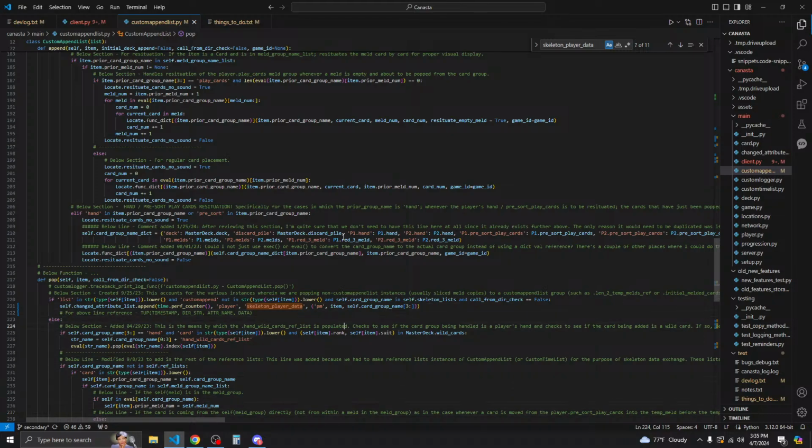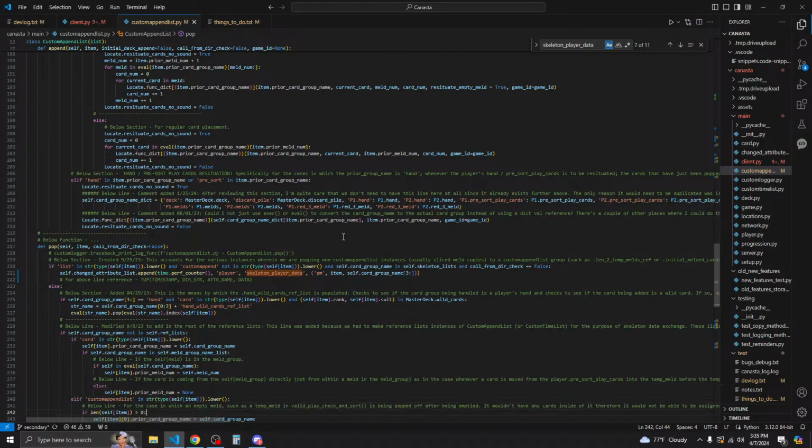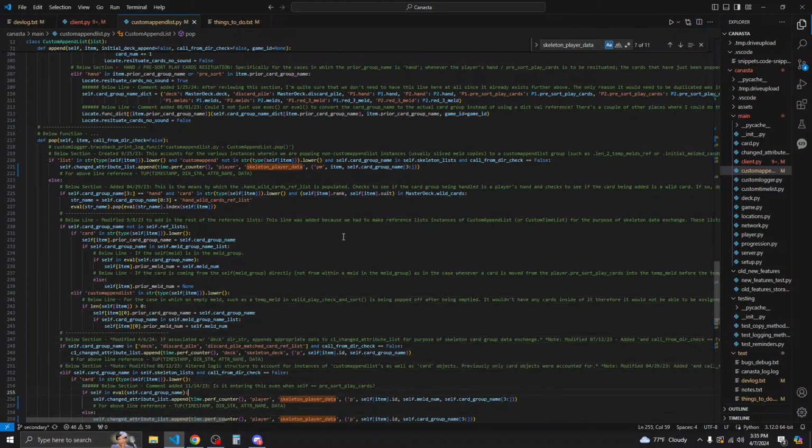And then the next thing is down here for card group name and skeleton list. And this is for else. I don't know what that means exactly. Oh, it's for card.